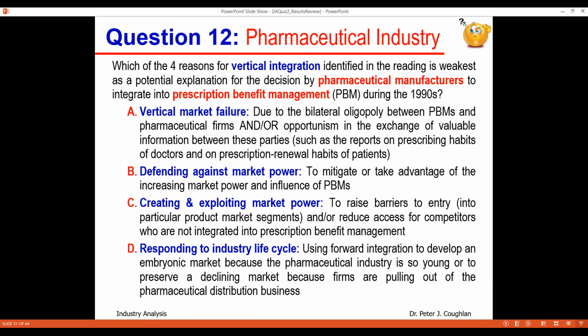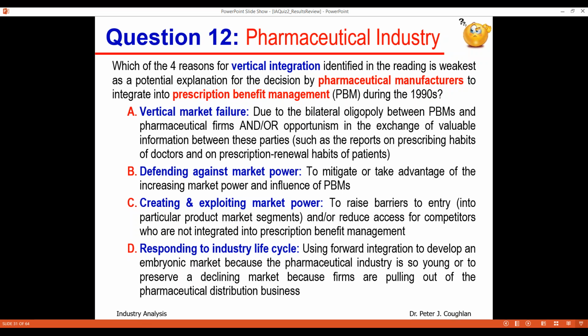So question 12 now specifically applies this to the pharmaceutical industry. This is the pharmaceutical industry case study. Which of the 4 reasons for vertical integration identified in the reading is weakest as a potential explanation for the decision by pharmaceutical manufacturers to integrate into prescription benefit management during the 1990s, right? So which of these, now